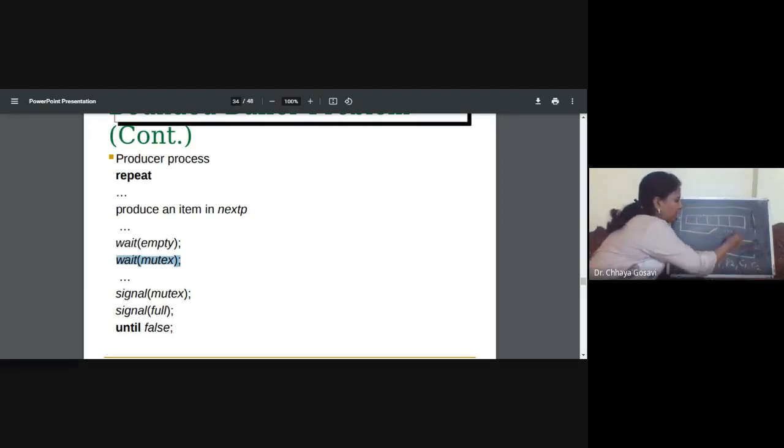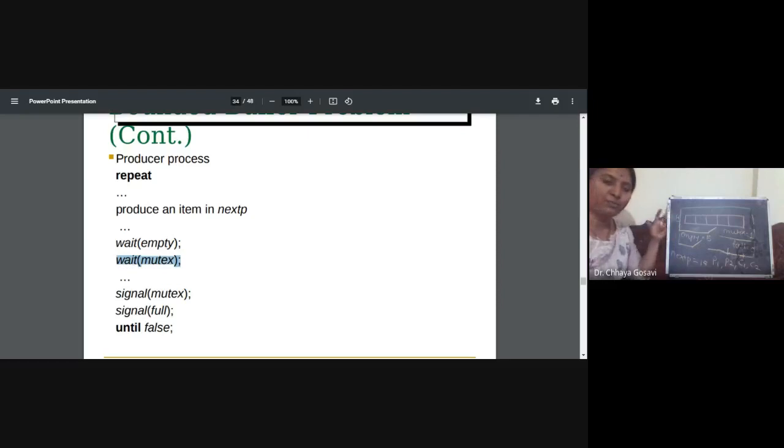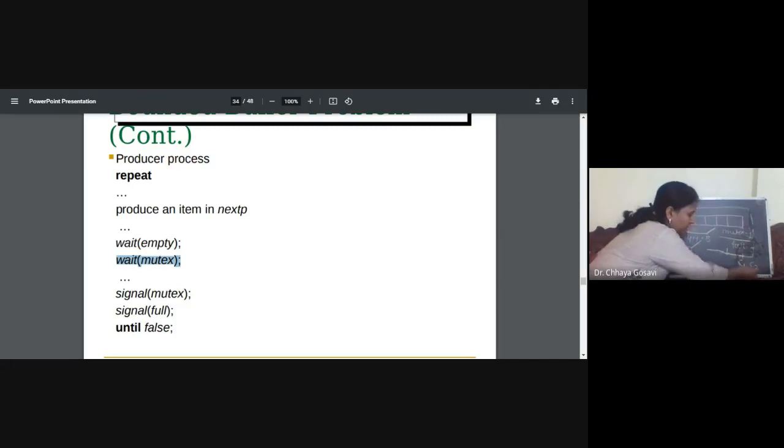Mutex is equal to 1. And these are the doors for producer and consumer. So consumers are waiting for full. Full is currently 0. And producers are waiting for the signal empty. Empty is currently 5. So you can assume signals, and these producer processes P1, P2 are waiting for this door, and consumer processes are waiting for this door.